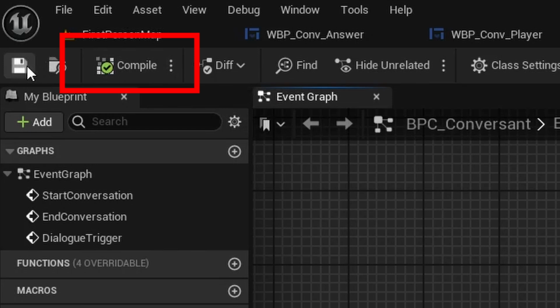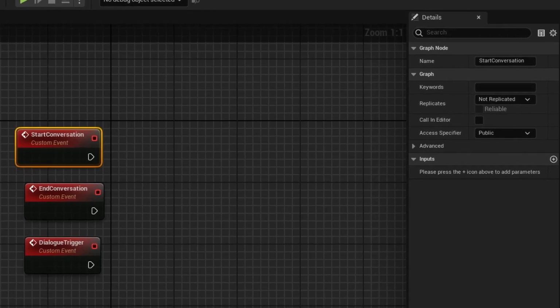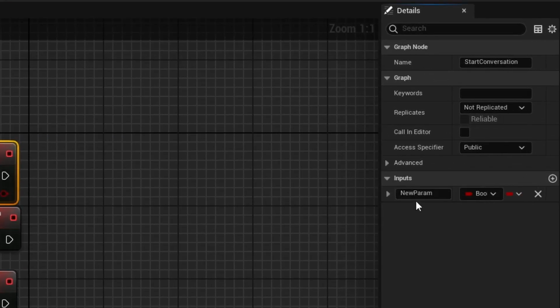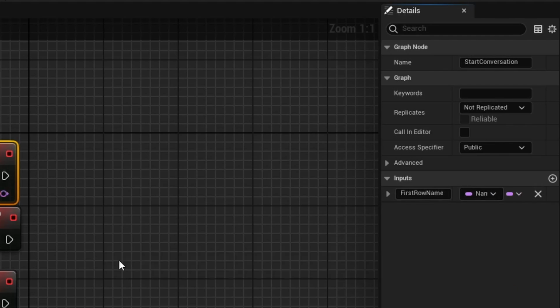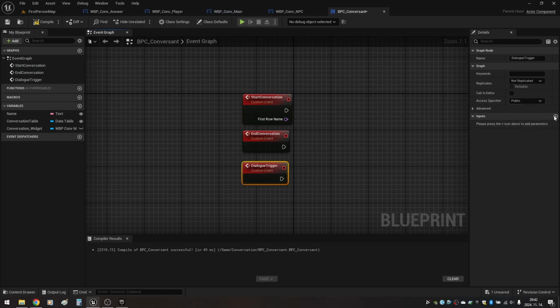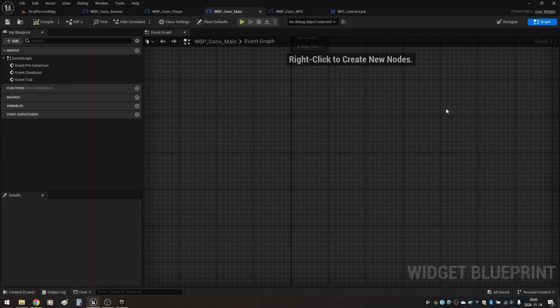variables to custom events. Click on the start conversation event and in the details tab, look for the inputs field and click on the plus sign to add the new input. Call it first row name and select name for its type. Next, select the dialogue trigger event, add an input parameter, call it trigger name and select name as its type. Compile and save the blueprint. Next, open the